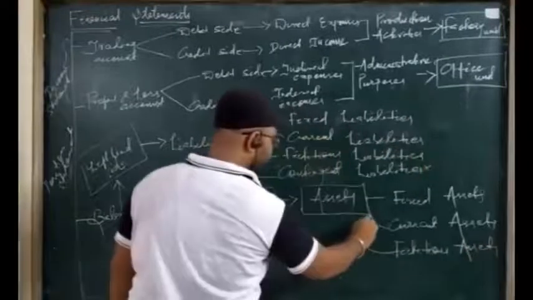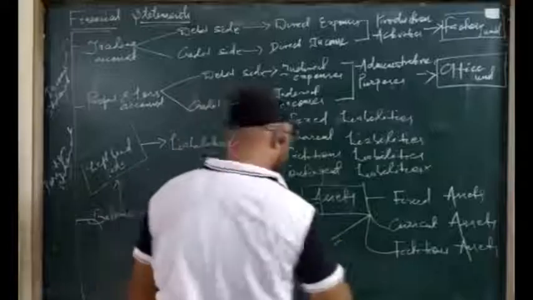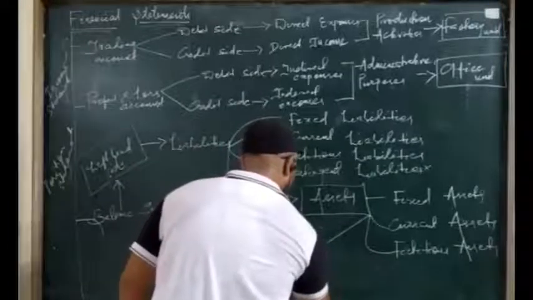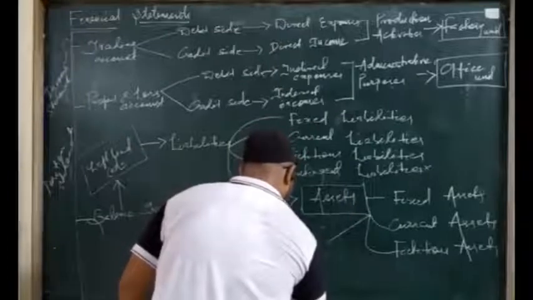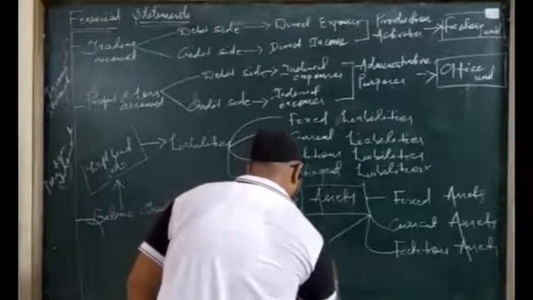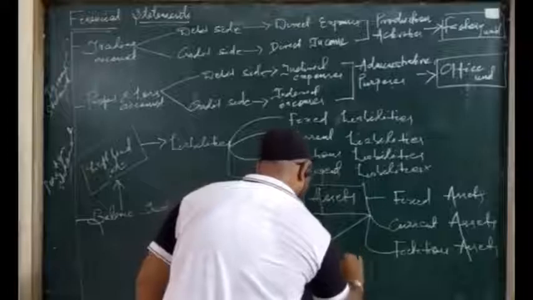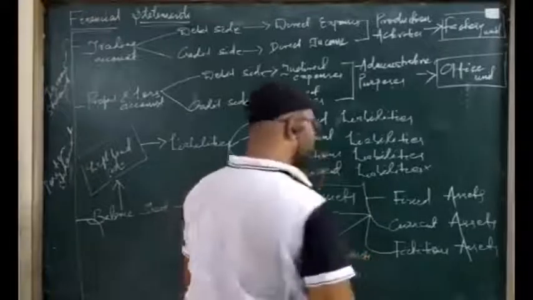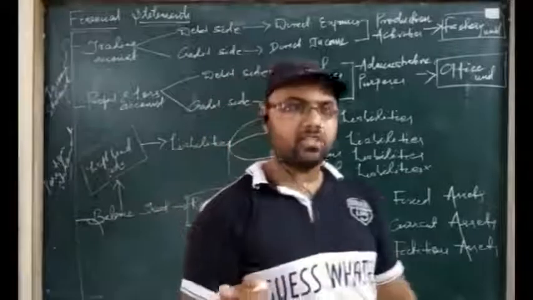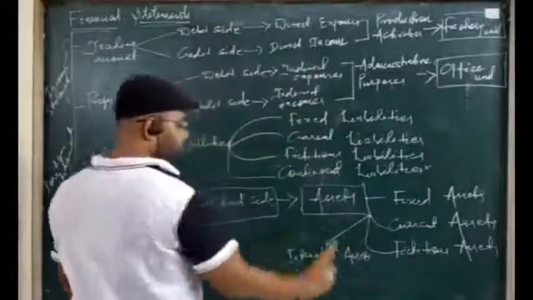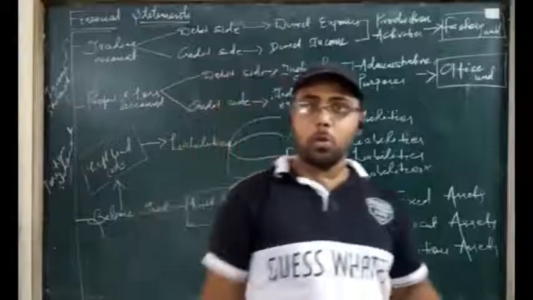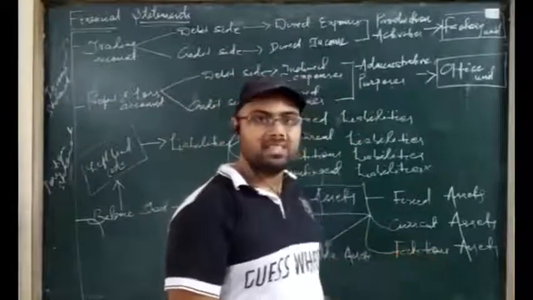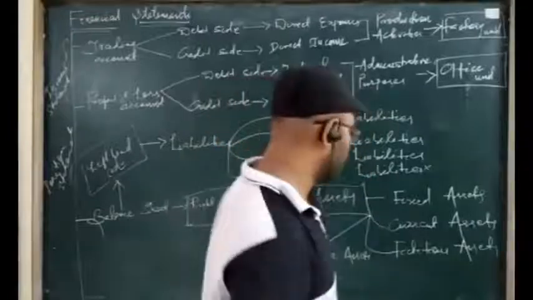There are other assets too that are called intangible assets. These are also long-term assets, but they are not visible. They are supposed to be the properties of business, but these are not visible. Existence is there, but not physical existence. So the difference between fictitious and intangible I have already told you. Both the assets do not have any physical form, but these are short-term assets, and these are long-term assets or properties.